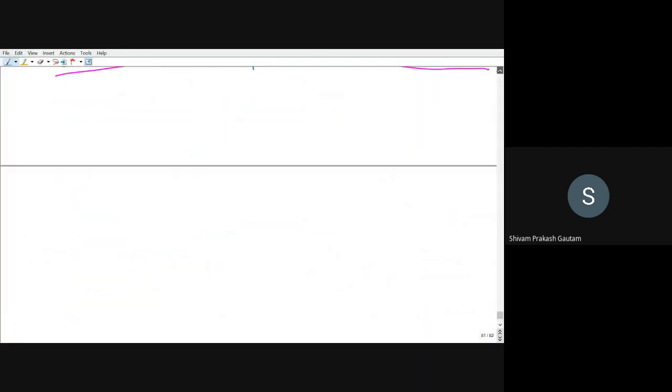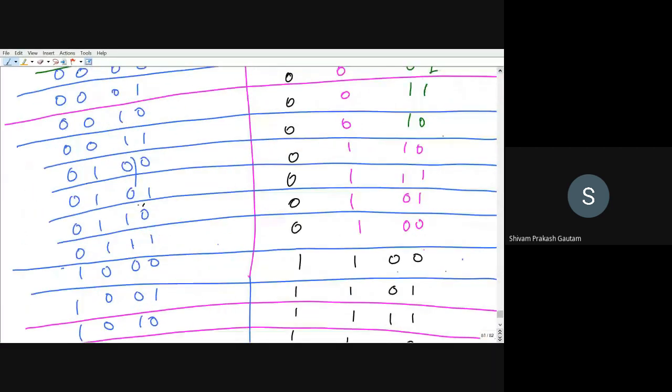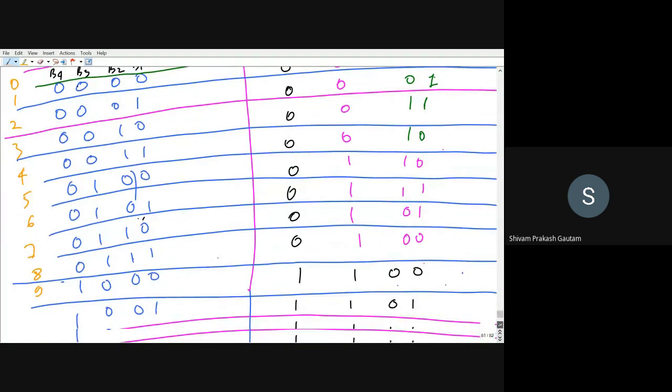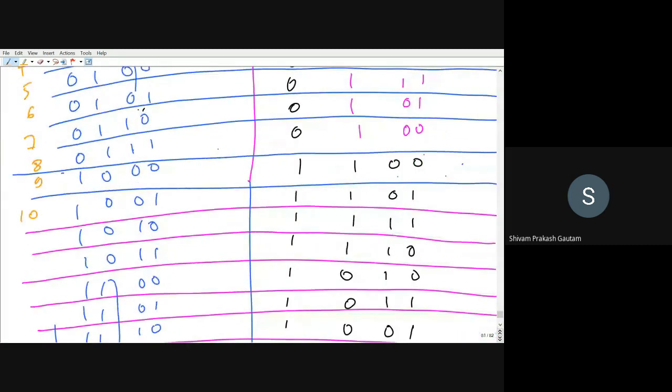Let me number in the decimal as well. So this will be 0th place, 1st place, 2nd place, 3rd place, 4th, 5th, 6th, 7th, 8th, 9th, 10th. Have I made a mistake again?